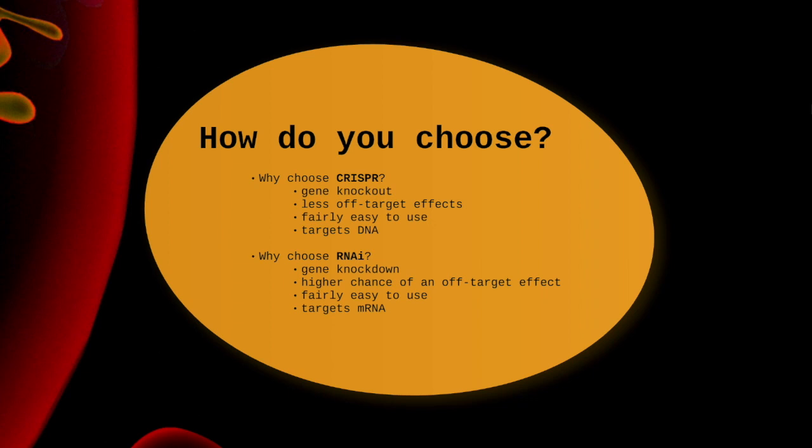Along with this difference, RNAi has the effect of gene knockdown, which limits the effect of a gene, but rarely does it eliminate it completely. Also with RNAi, off-target effects are more likely to occur because the complementation of the RNA isn't strict and it can have this effect in other mRNA.